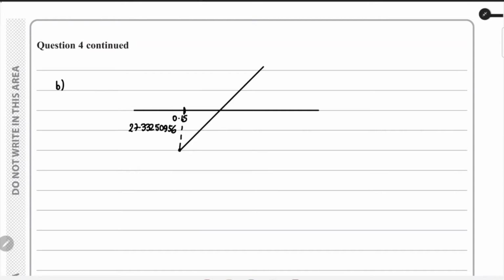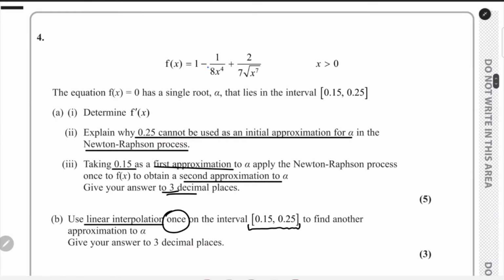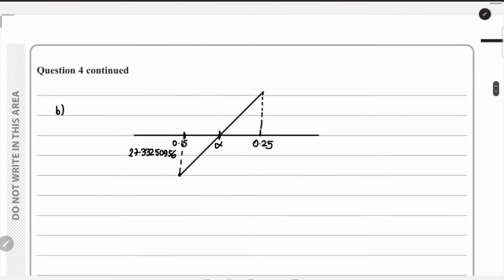The graph goes like this. This over here is the root alpha. This is 0.25. This is the interval we are given. And this height over here is f of 0.25, so basically putting in the value 0.25 in this equation. If I do that, I'll get a value of